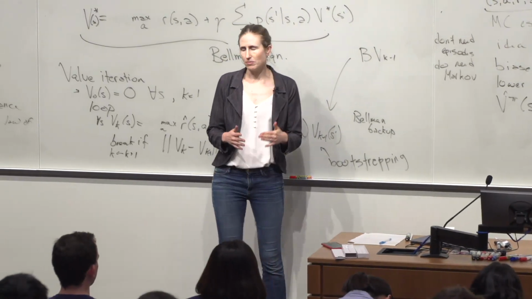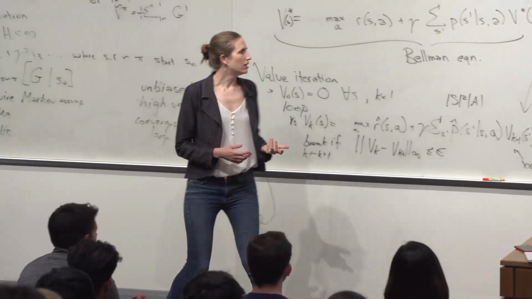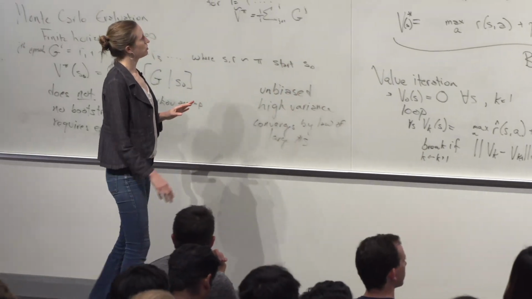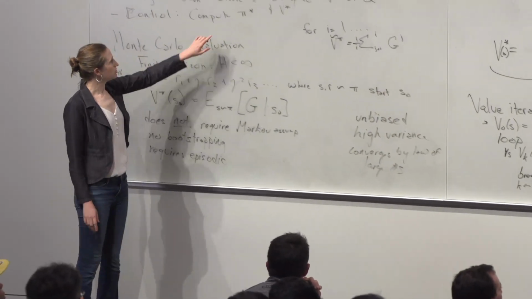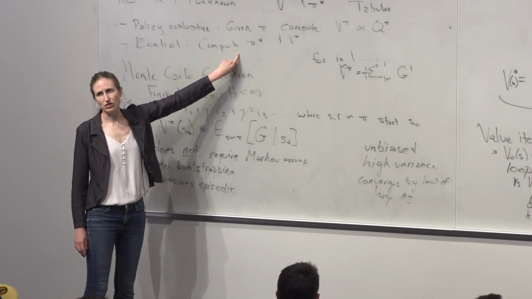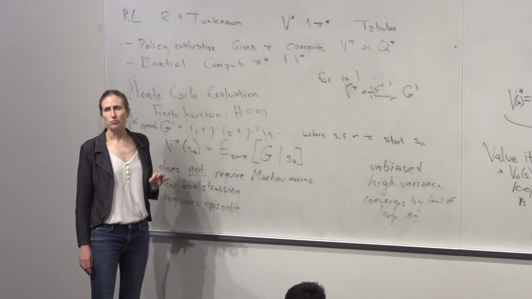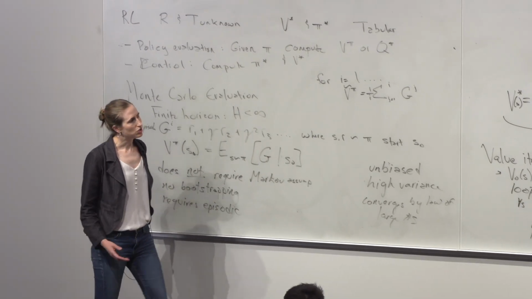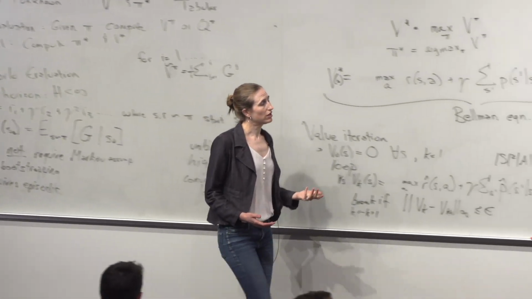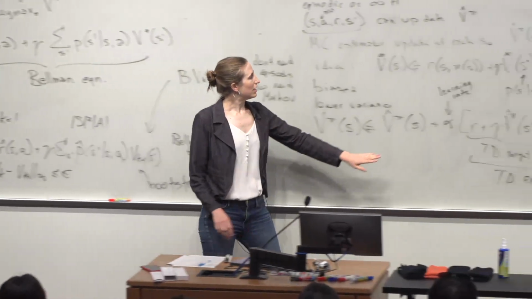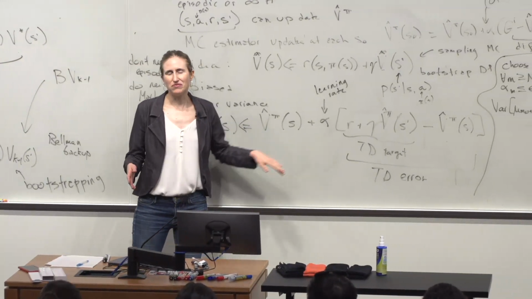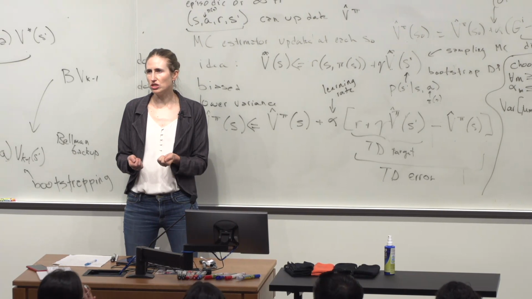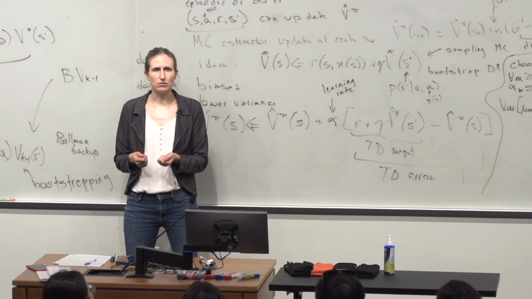So what we're going to be talking about next is the control setting. Now we've got a good set of tools for trying to do evaluation. And now what we're going to do is try to figure out how we should actually be gathering data in order to compute both V star and pi star. And the conditions that we're going to need are going to be pretty similar in terms of things like learning rates. But as has been highlighted by several of you, we're going to need conditions over exploration, which is how we're sampling state action